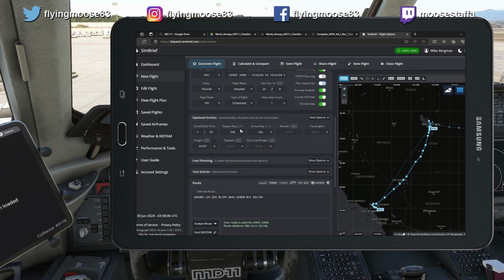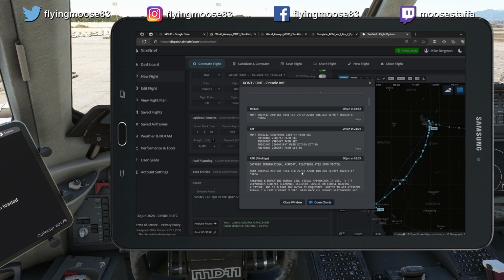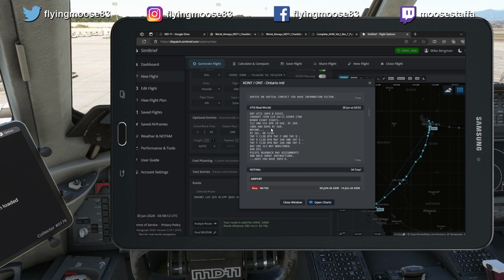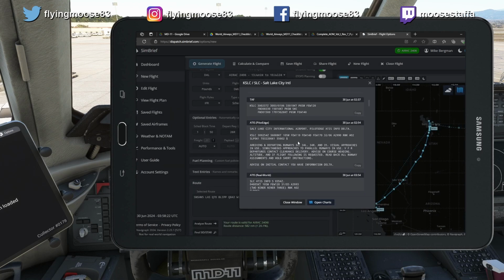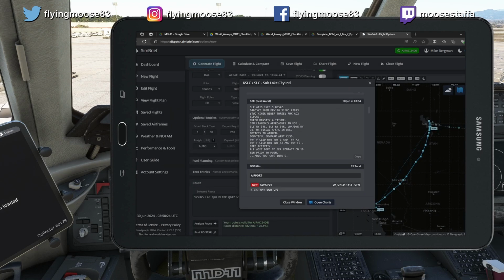On the bottom here, we're departing 26 right. We can verify that with the weather here for the current real-world ATIS. ILS visual approach is in use, runway 26 right, landing and departing 26 right. So there we go. As far as the arrival runway into Salt Lake, if we look here, they are now doing...